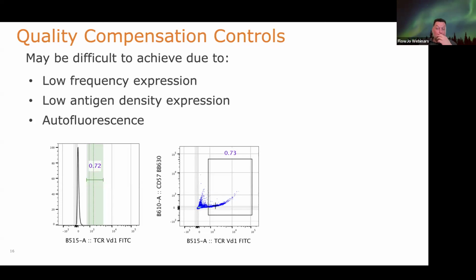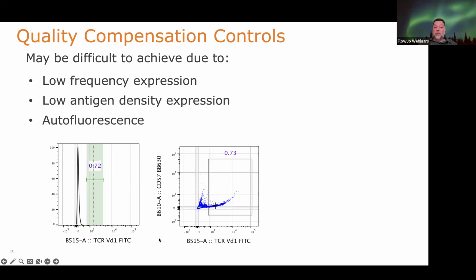So I'll give you an example here from Carlos Roca's paper on AutoSpill, where they've removed autofluorescence and improved the detection of MHC2 in microglia from mouse brains. So here in this example, I've got this rare antigen. The antibody is conjugated to FITC. Here's what you would see in FlowJo, which is a histogram. You're going to try and gate. You need to gate at least 2% of the events from the size-gated population that I'm displaying here in this plot. Unfortunately, this antigen is expressed on so few cells in this system that I can't really accurately gate for